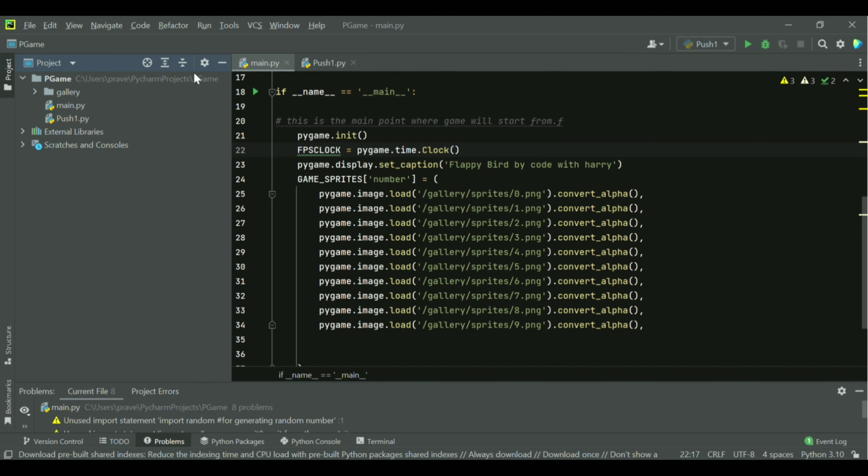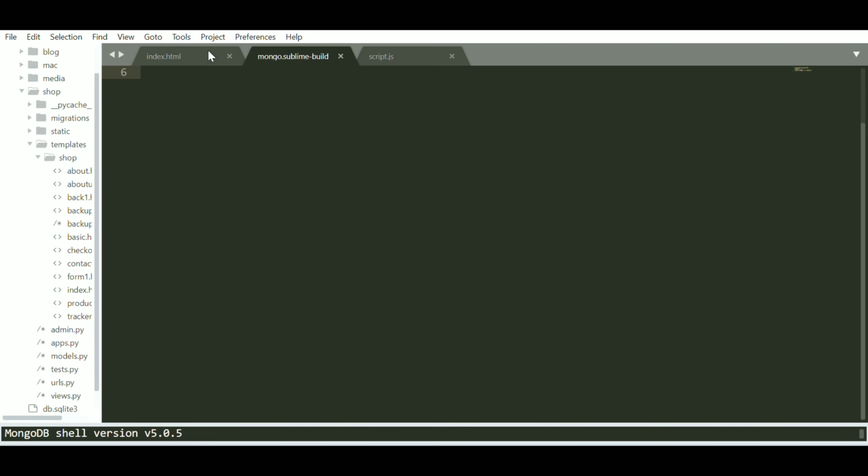I have already shown you in my video: PyCharm, Sublime, Visual Studio, Jupyter, and many more, and you can see the IDEs are available. Just choose whichever is suitable for your writing.